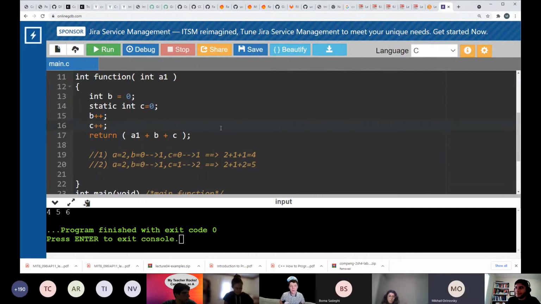Why isn't C reinitialized each time you enter the function? Because each time you enter it still says static and C equals 0. That's an excellent question. The question here is saying, well, each time I enter this function, I still have this line, right? And I am assigning C to 0, so it should really get overwritten to 0 every time I do the call. Well, static is preventing this. Static is saying, well, when I define the variable for the very first time, I give it the initialization value of 0, but afterwards I don't even redefine it. So once I see the word static, I know that this variable has been existing from before. Don't reinitialize. Okay, that makes sense. Thank you.